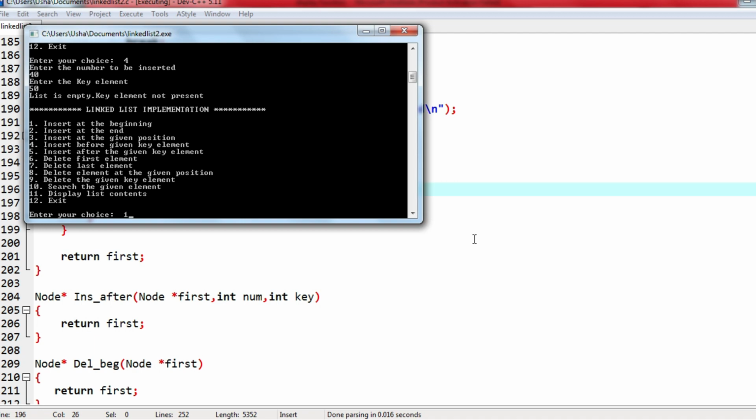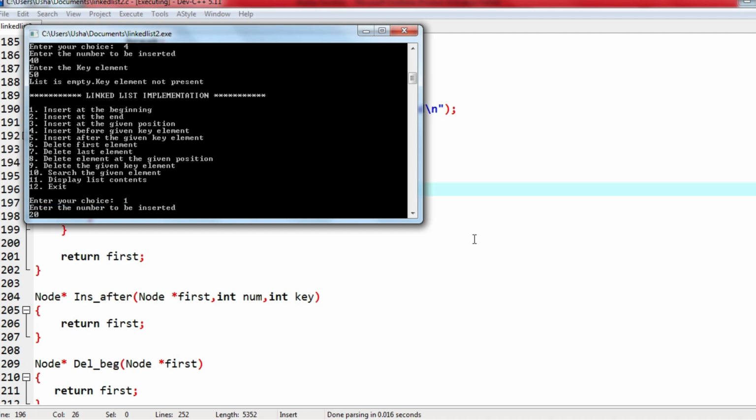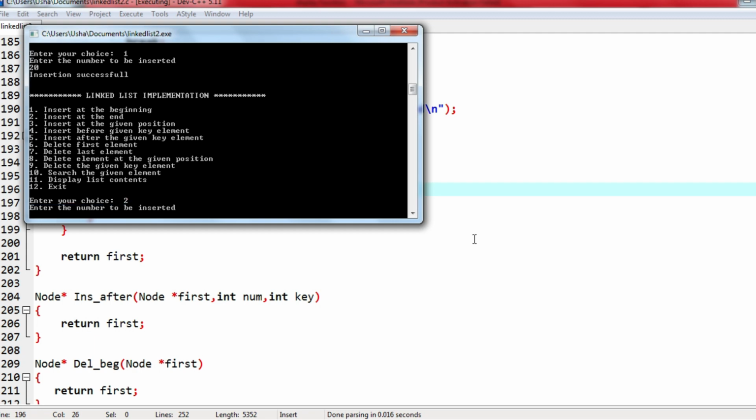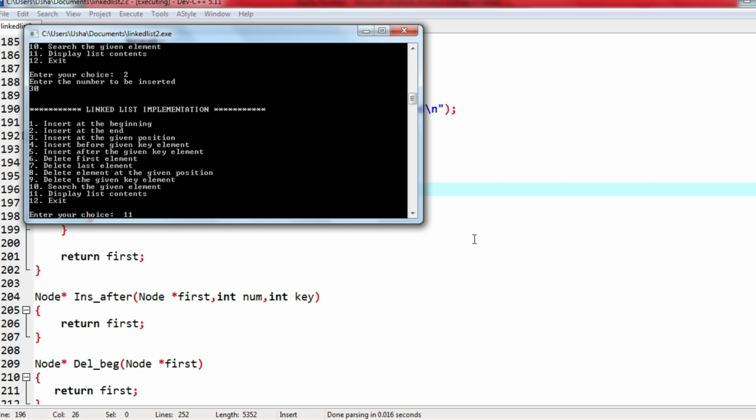Now I'll give choice 1, I'll give 20, choice 2, which is end of the list, I'll give 30. Now I'll display the contents. We have 20 and 30. Now I will mention insert before a given element, which is choice 4.